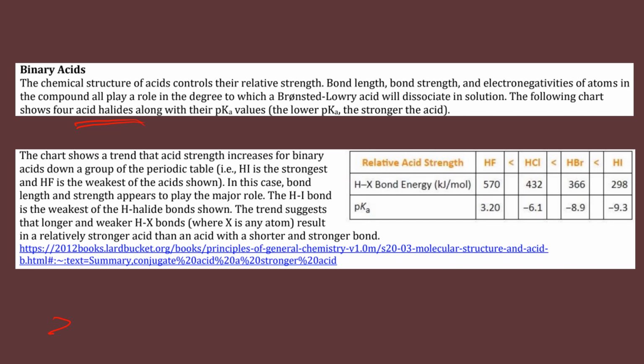Therefore, the easier it is to dissociate, the stronger the acid is, which is kind of weird when you think about bond energy and being strong. It's kind of flipped in your head a little bit. So just remember for this, the easier it is to dissociate, the stronger the acid is. And look how the pKa changes. The trend shows you that the more negative it is, the easier it is for it to dissociate. You may see a question at some point relating to Coulomb's law and that type of thing. So according to Coulomb's law,